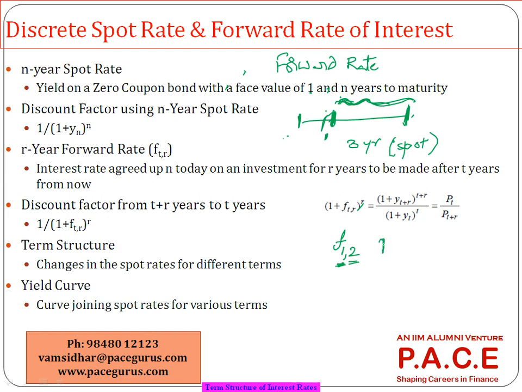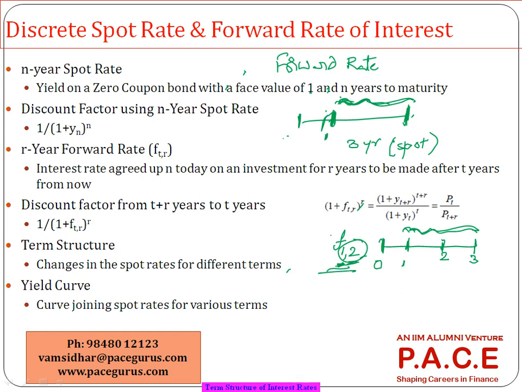So which means, from now 1 year and then the 2 year interest rate, overall from today, it is about a maturity after 3 years. I'm talking about a bond which will mature in 2 years after 1 year. Probably look at it like this: the interest rate on a zero coupon bond which will mature in 2 years after 1 year, which means overall 3 years from today. So that is being denoted as the forward 1 2,